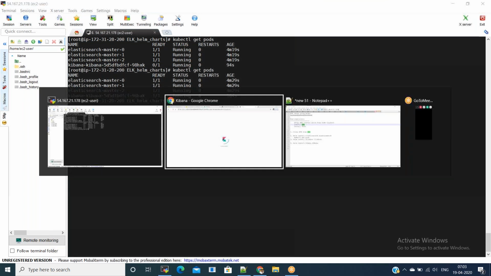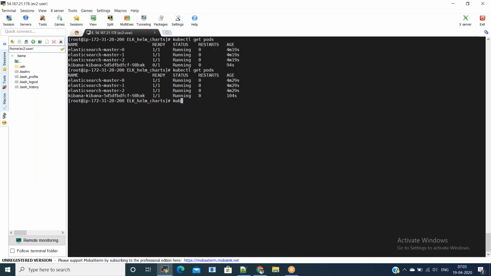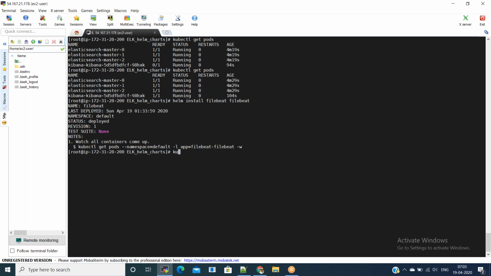Now we can start installing Filebeat using helm install filebeat followed by filebeat. kubectl get pods.